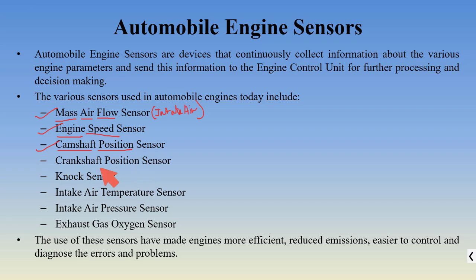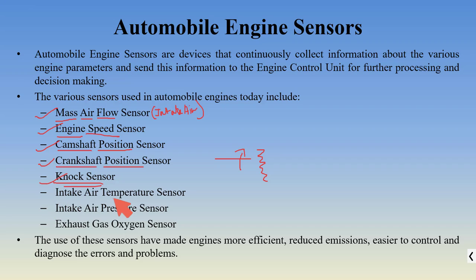Fourth is crankshaft position sensor. It is measuring the position of the crankshaft. Fifth is a knock sensor. Knock sensor is kind of a sound sensor which measures the amount of sound being produced inside the engine. If it is higher than a certain limit, then it says that the engine is knocking. Knock sensors can also measure the vibrations of the engine. Depends on the manufacturer. But it basically measures whether or not knocking is taking place inside the